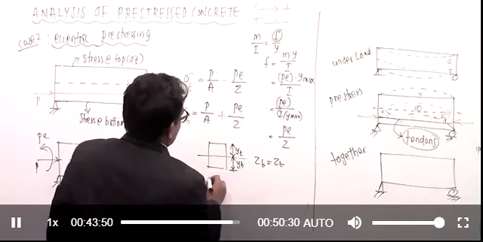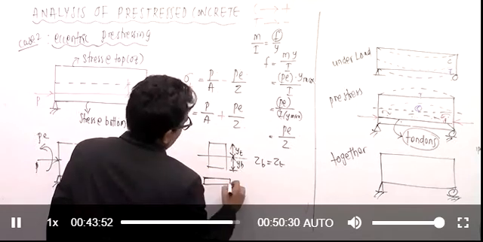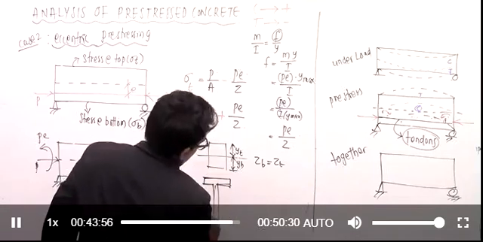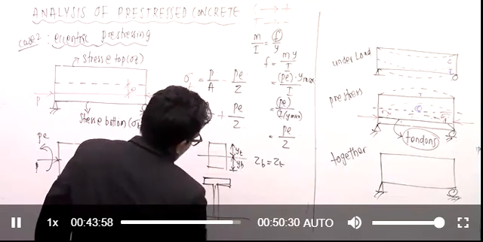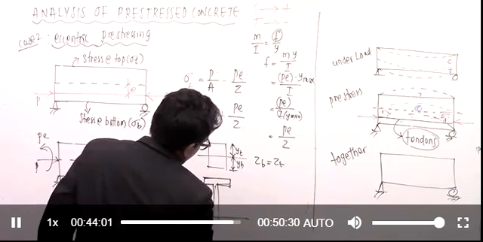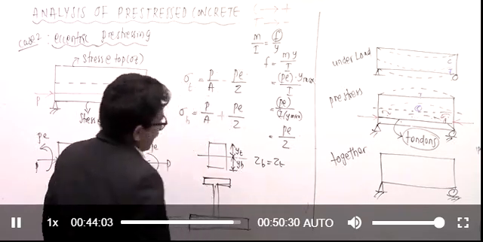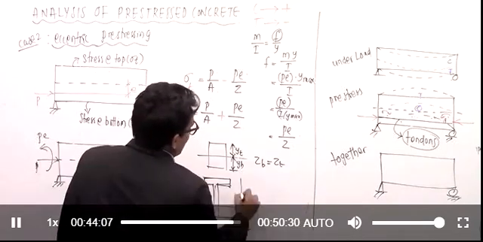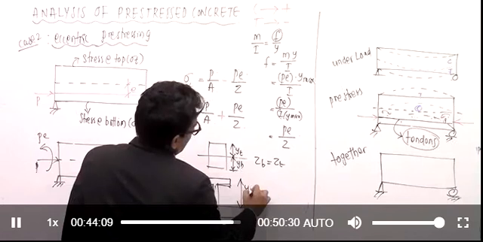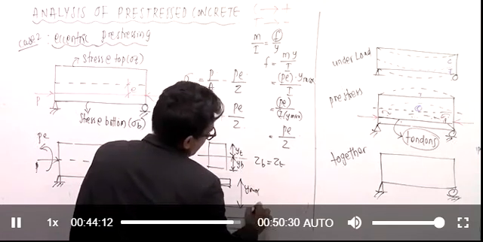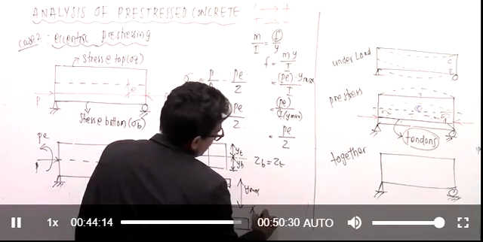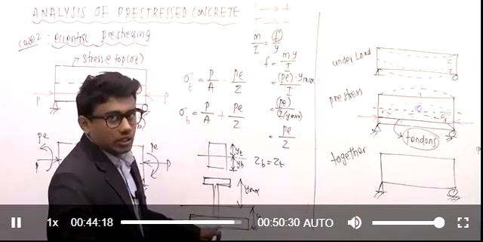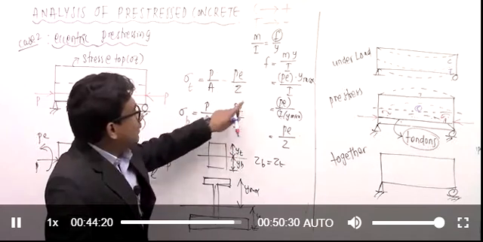For an unsymmetric section like this, as we are calculating the stress corresponding to the top and bottom fiber, and considering the Y max value for the top and bottom fiber, the Y value will be different. These Y values will be different. Why? Because the centroidal axis will be falling towards the bottom portion, no? So here the Z value will be varying.